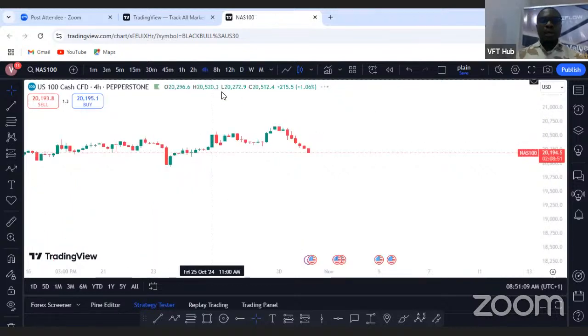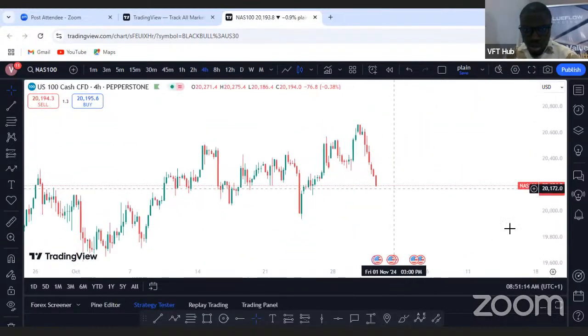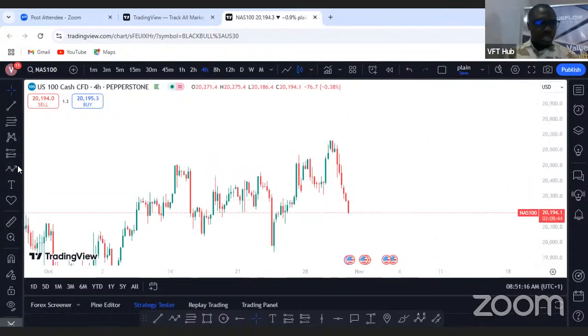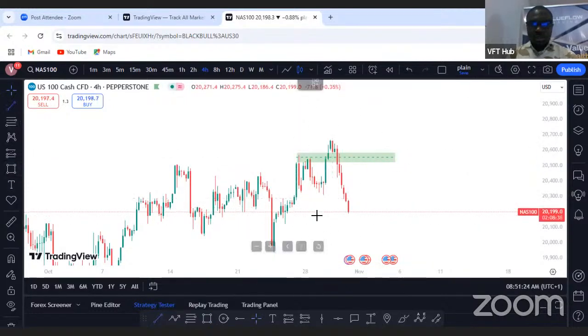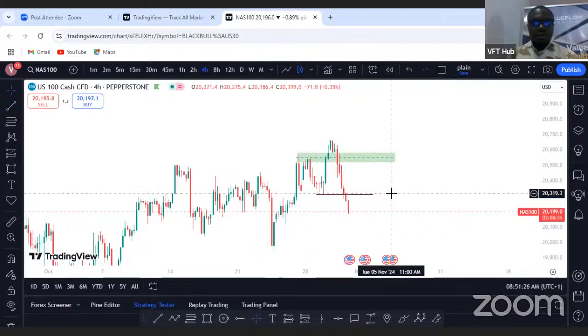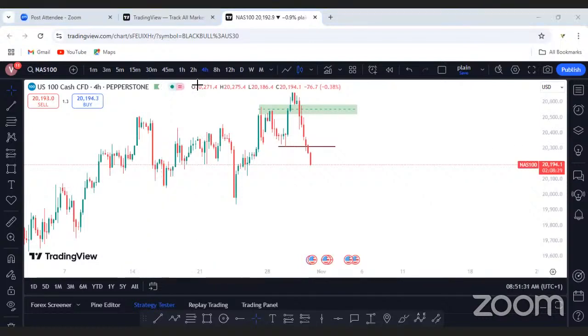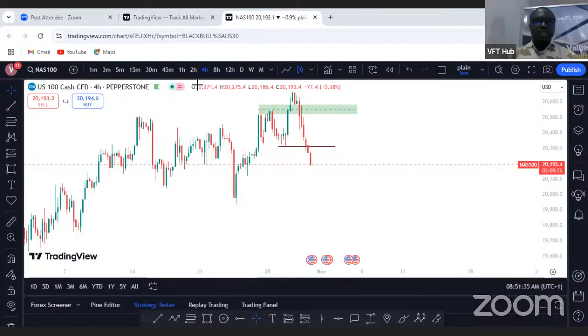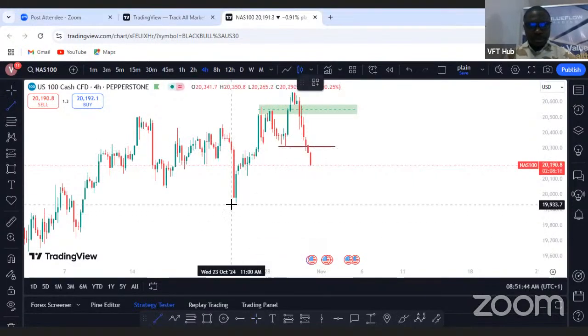So let's go to the 4-hour time frame. We'll see that price just broke structure around this zone, right? We just had a break of market structure around this zone. I'm sorry, I'm trying to draw the box strategy. We had a break of structure around this zone, and then the next zone is where this,